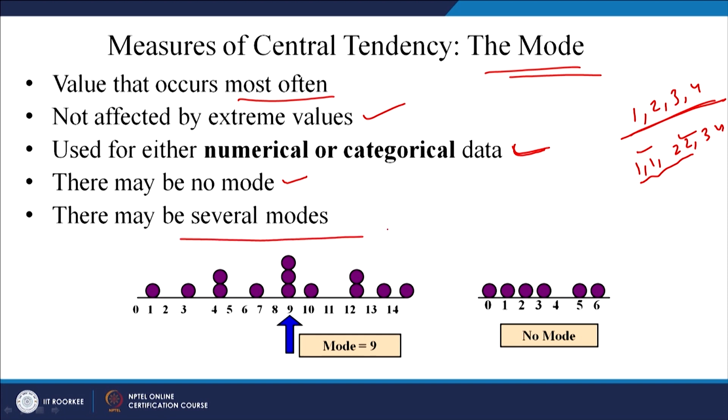Let us look at this particular example. So, 1, 3, 4 are appearing 2 times, 9 appearing 3 times, and so on. So, what is the mode? Mode is 9, because that data point is appearing 3 times. Similarly, in this case there is no mode, because no data point is getting repeated. So, this is how you can calculate mode in case of ungrouped data.